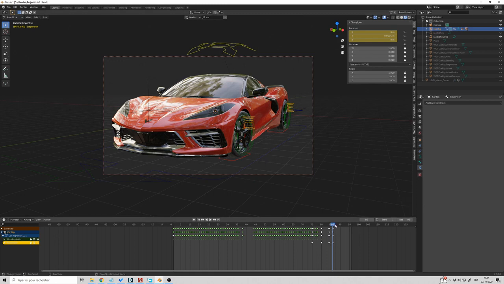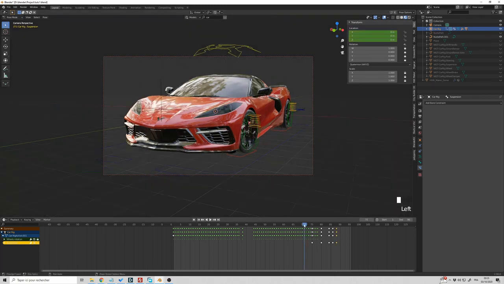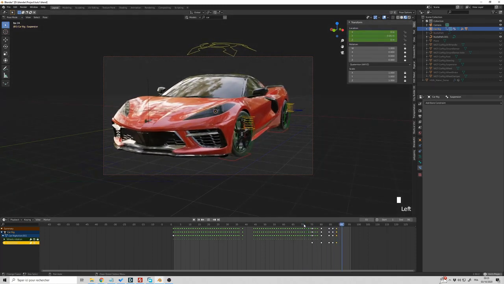I think I will do maybe another one, so 2 frames after in a positive value. Let's say 0.01. And I insert a keyframe. I press I again. Let me test. Okay, sounds good.